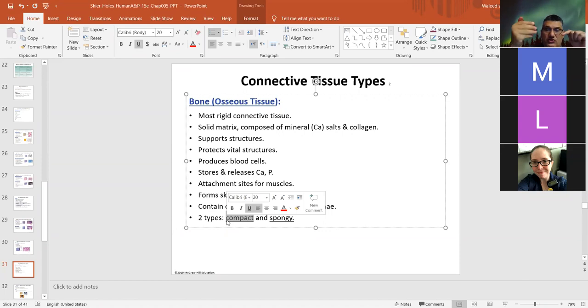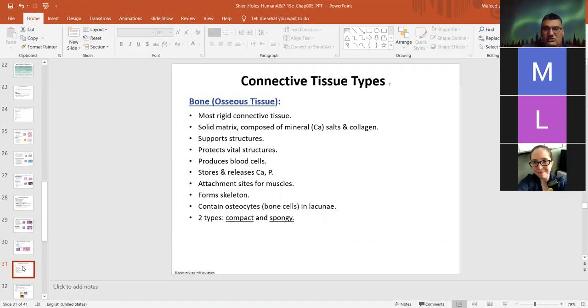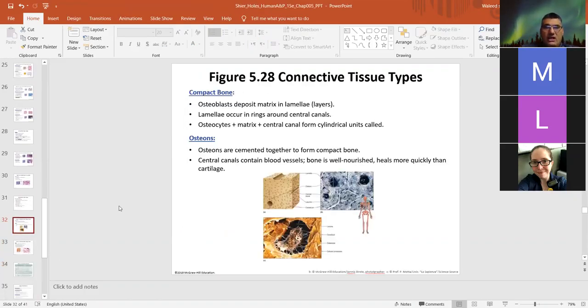If you peel off this compact bone and look inside, it is more spongy. Spongy means it looks like a sponge, with a lot of cavities. I think you know what a sponge looks like. So the compact bone is usually the outer layer, and it contains